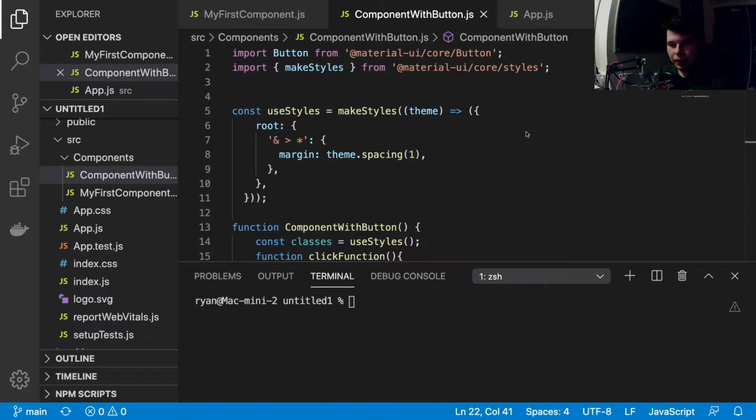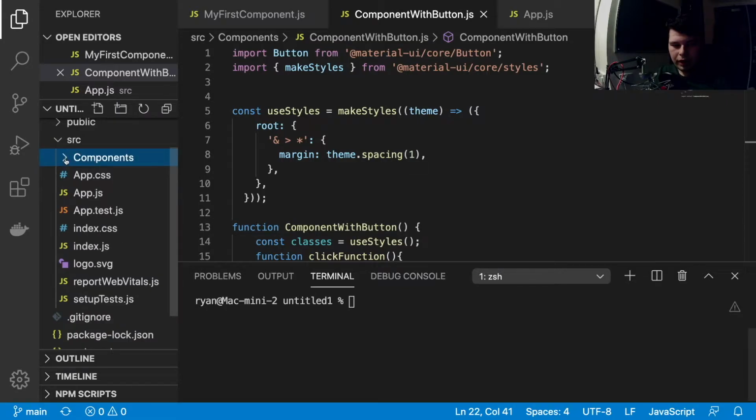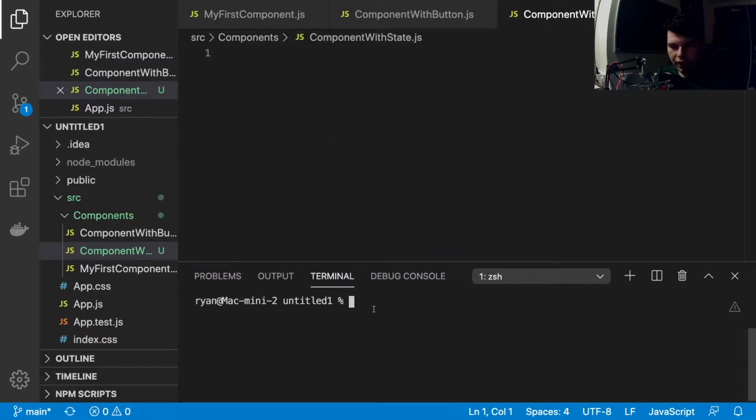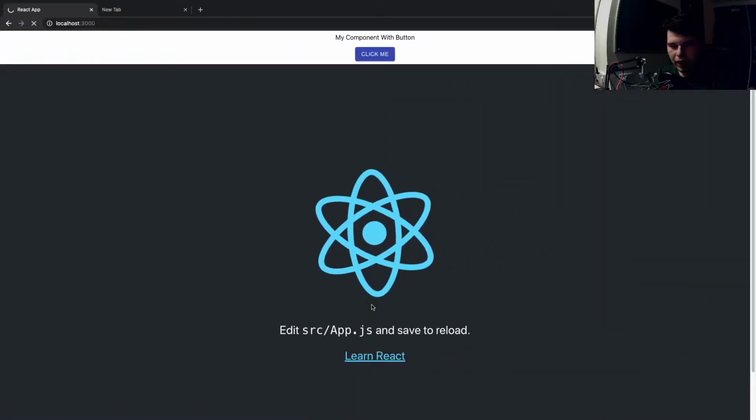But the first thing we need to do is create a class-based component which will hold our state. So to do this, inside our components folder, we're going to create our new file. So I'm just going to run our React application to show you what we have at the moment, before we actually create our component with our state. So if I run our React application by saying npm start,